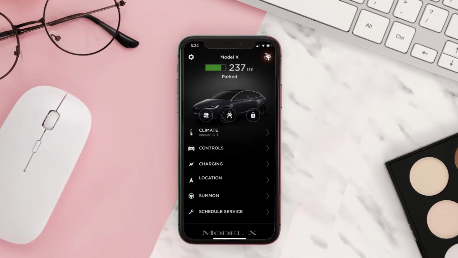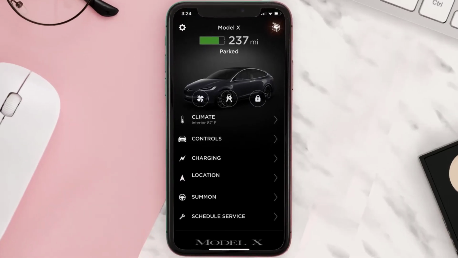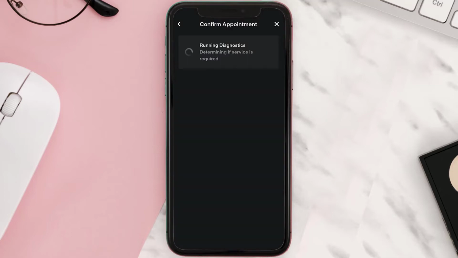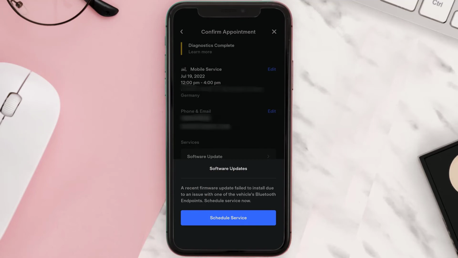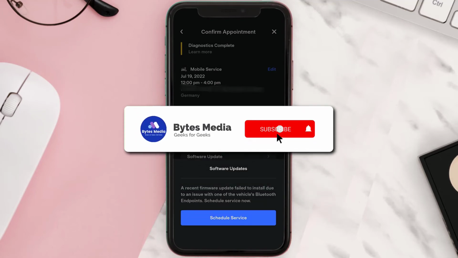And to use Tesla app's self-diagnostic feature, you need to first open up Tesla app on your device, and then head over to Schedule Service option. Before getting an appointment, the mobile app will automatically scan the vehicle as it attempts to look for any issues that need fixing. Once the self-diagnostics has completed, the app will give a summary of the issues and the option to schedule its servicing.